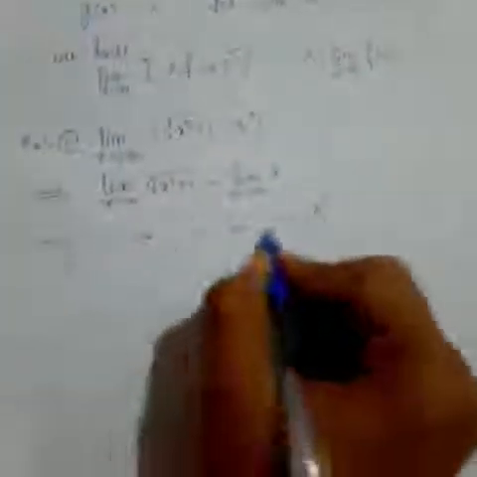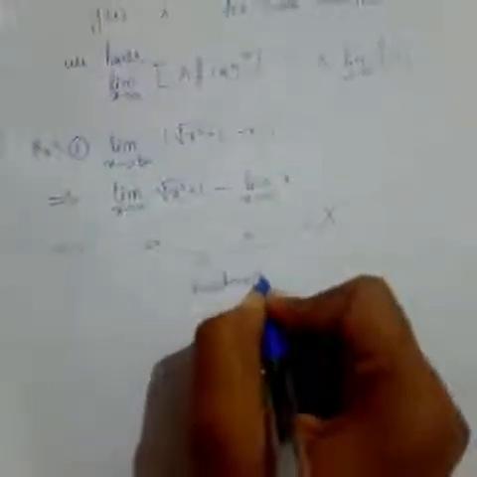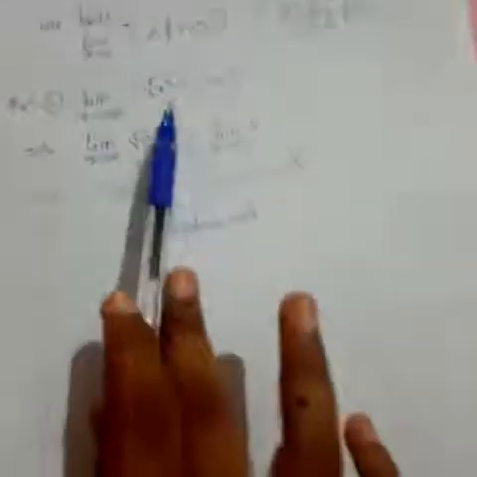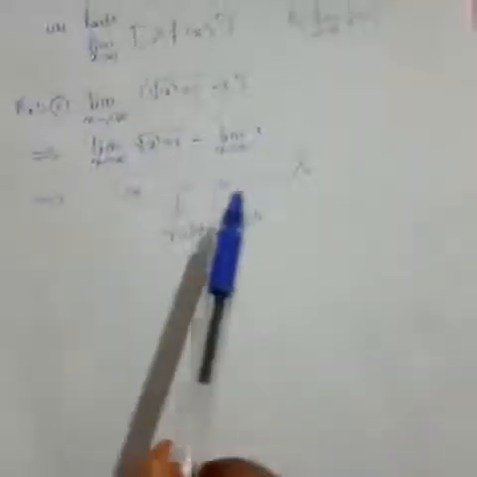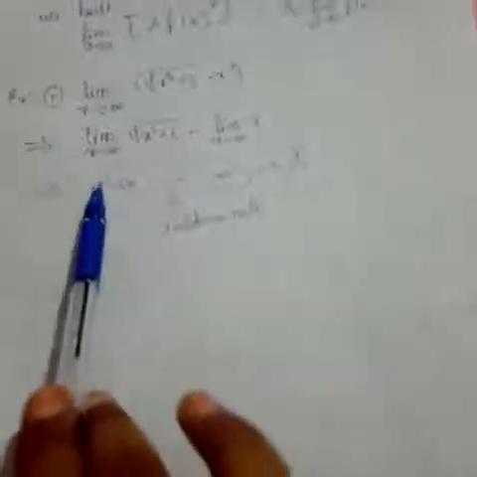If you have it like this, remember that it is an indeterminate form. Infinity minus infinity is never 0. Just remember this. I know the answer would be 0 only, but if you write it like this, then it is wrong. The limit is approaching 0, the answer is 0, but if you write infinity tending to 0, this is wrong.